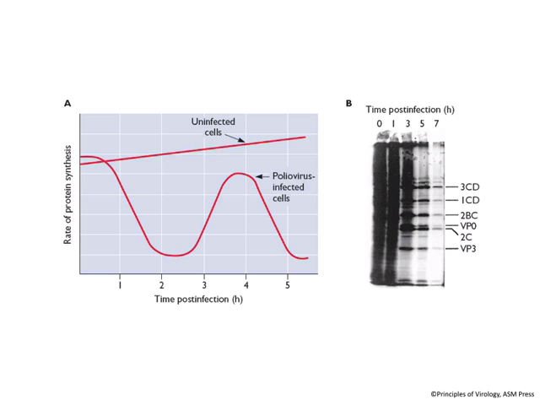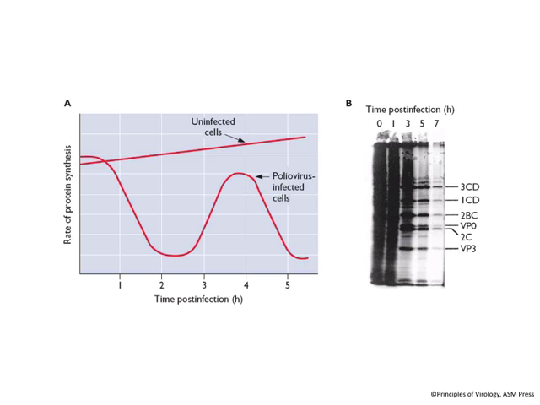Here's an experiment where cells are infected with polio, and we're looking at the rate of protein synthesis with time after infection. Within 2 hours, the translation is shut off in poliovirus infected cells, and then it resumes, and what occurs is all virus-specific protein synthesis, whereas in unaffected cells, there's no change, of course. On this protein gel on the right, you can see this at early times, at 0 time after infection, these are all cellular proteins that are being fractionated on this protein gel. Then at 1, 3, 5, and 7 hours after infection, you can see the cell proteins are replaced with these darker bands, which are all virus-specific proteins.